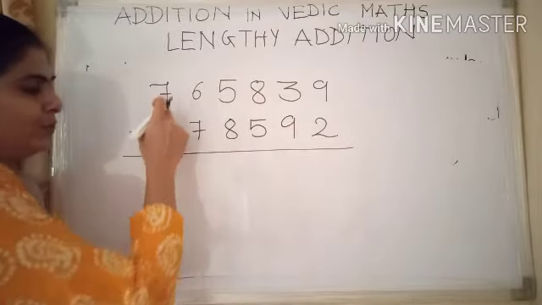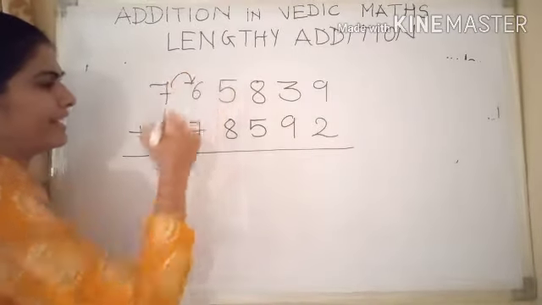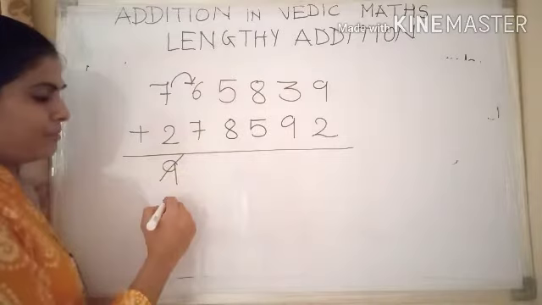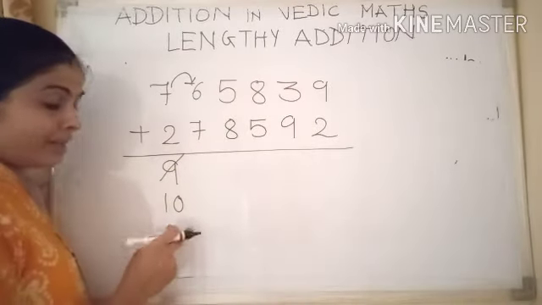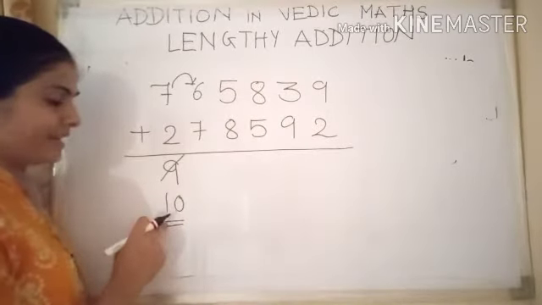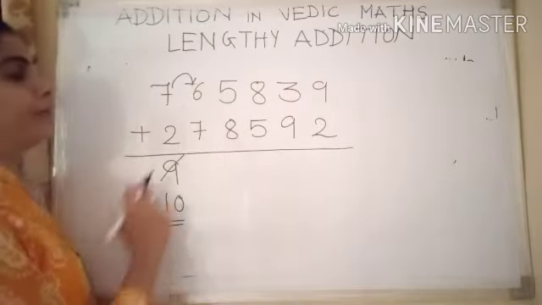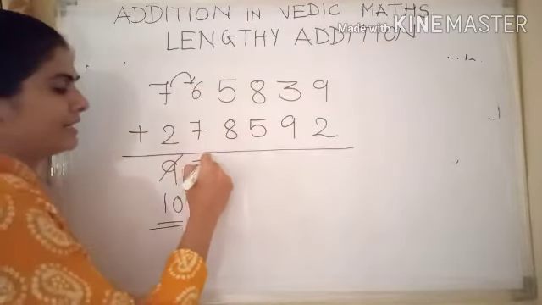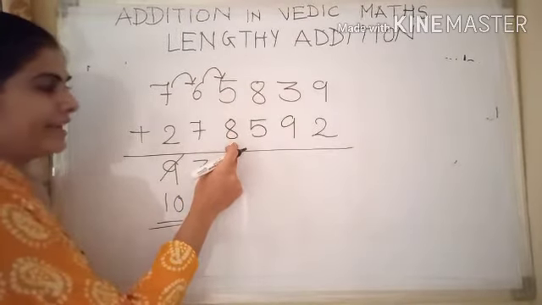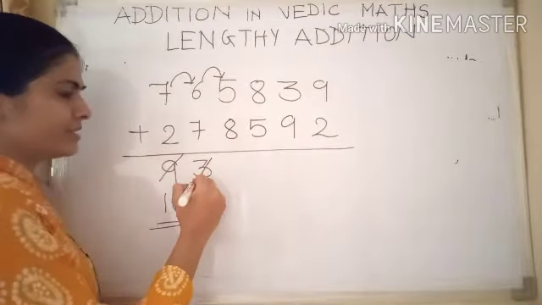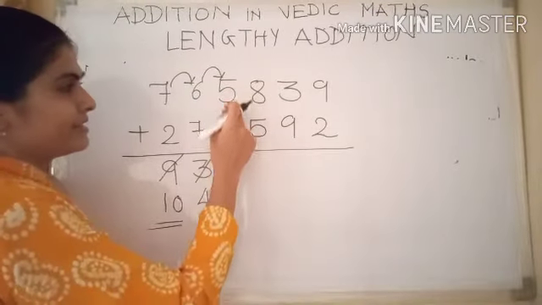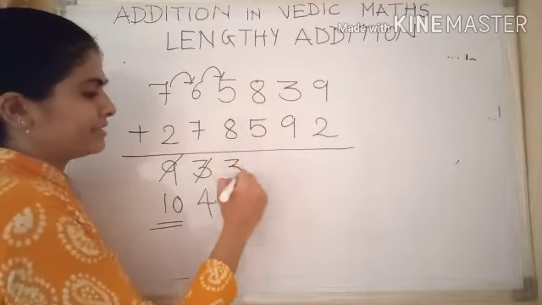7 plus 2 is 9. But look at the next pair. 6 and 7. 6 and 7 is a carry combination. So we need to write down 10. See here we won't remember only the end number because this is the starting. So we need to write down the entire number. Now 6 and 7, that is 3. But what about the next pair? It is 5 and 8 which is a carry combination. So instead of 3 we need to write down 4. Now next is 5 and 8 which is 3.